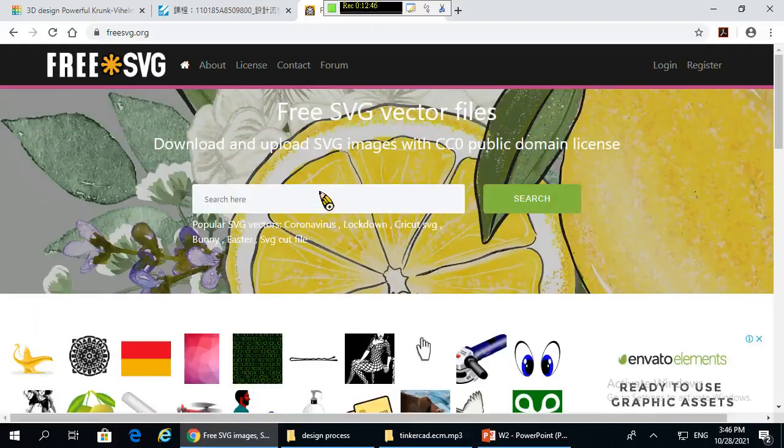You can search for SVG files. An SVG image is actually what we call a vector drawing. Vector drawing is a kind of drawing